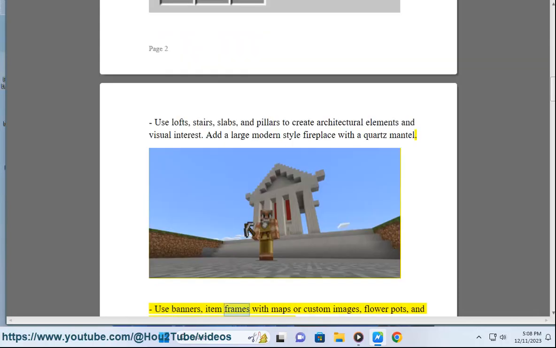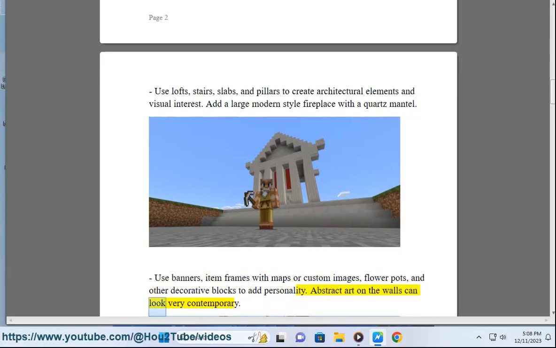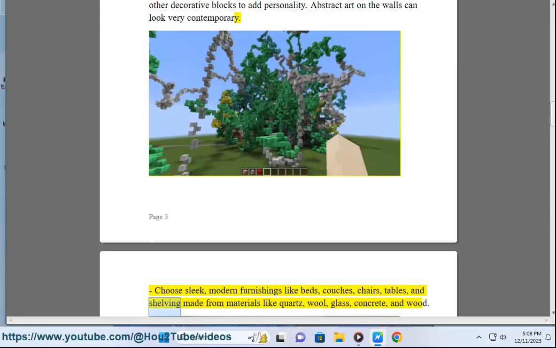Use banners, item frames with maps or custom images, flower pots, and other decorative blocks to add personality. Abstract art on the walls can look very contemporary. Choose sleek, modern furnishings like beds, couches, chairs, tables, and shelving made from materials like quartz, wool, glass, concrete, and